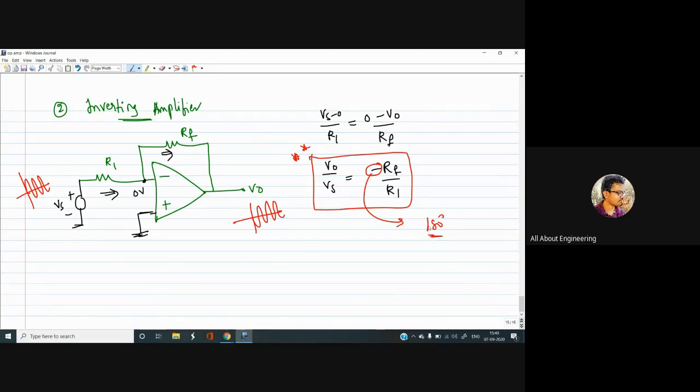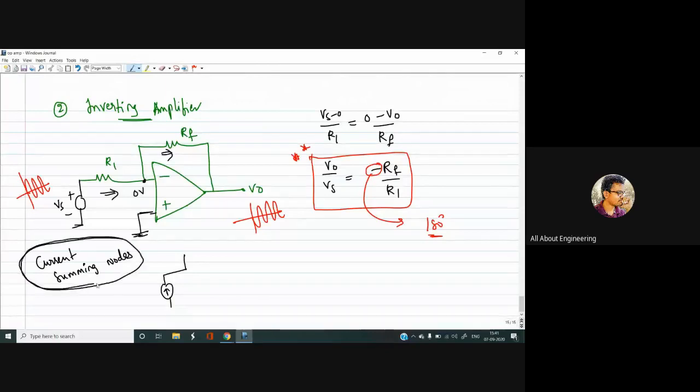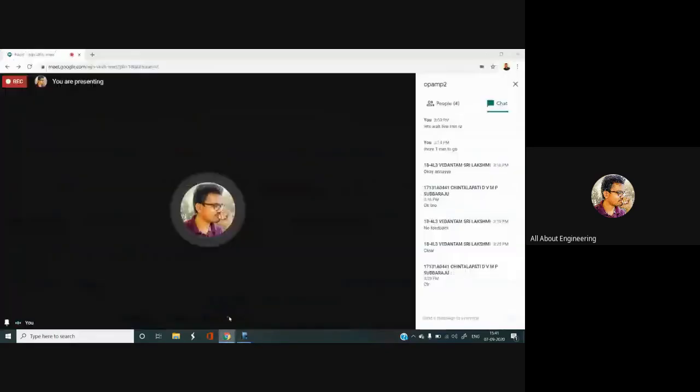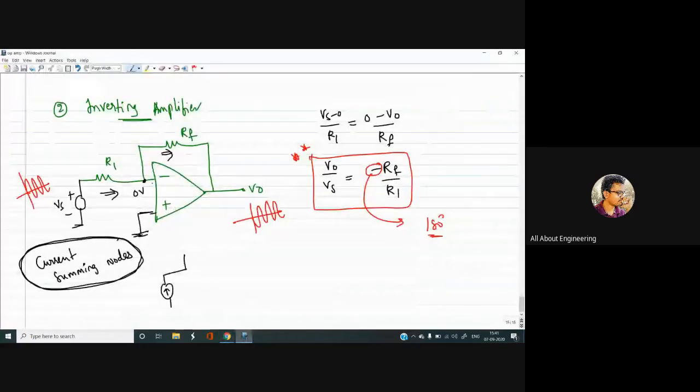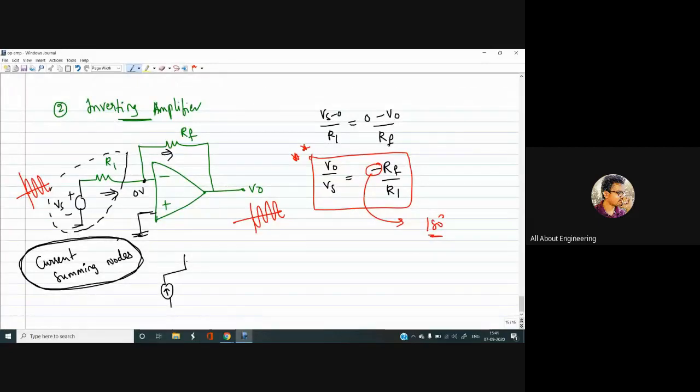Now this is the inverting amplifier, but in real life this is not how it actually looks. The original circuit would be like this. The current would be applied because the inverting terminal is called the current summing node. These are the things you should focus on while I'm explaining, because you didn't ask me this doubt, I am myself focusing on and explaining this too. As my inverting terminal is a current summing node, actually this part won't appear like this, but the circuit would be like this.